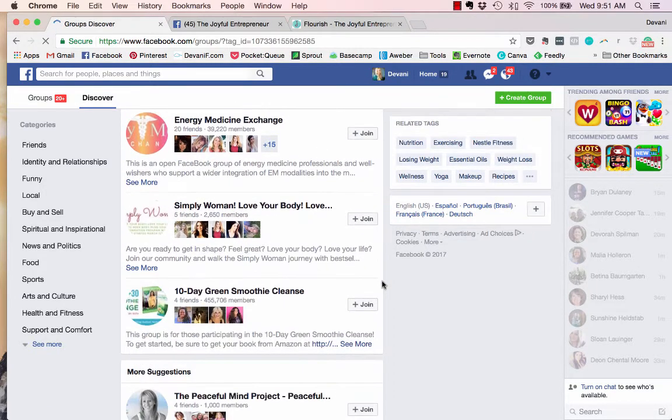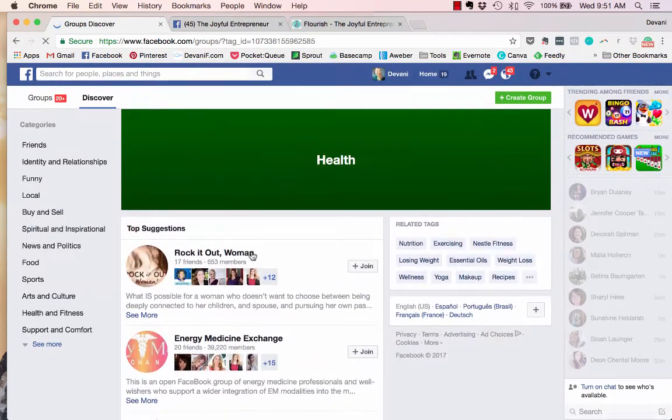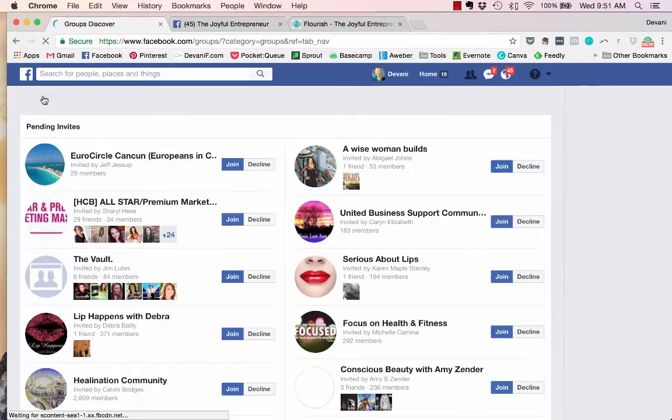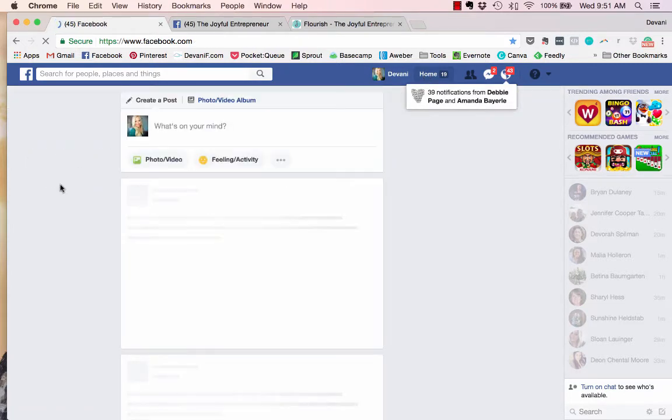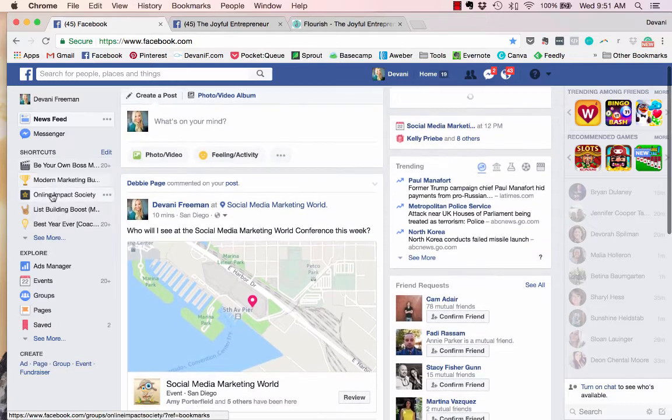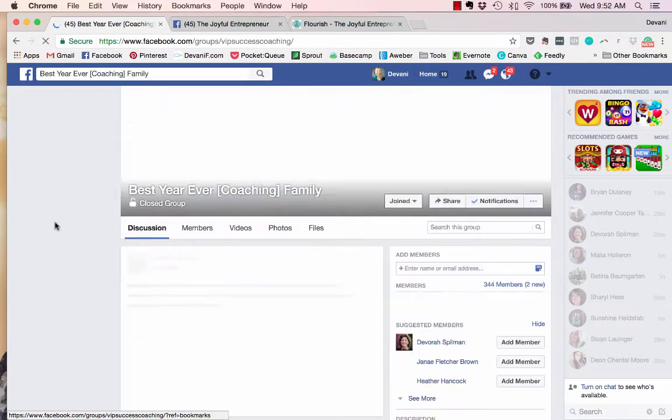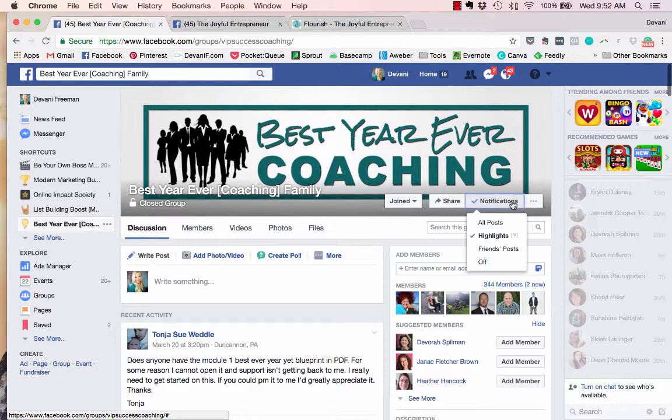That looks really interesting. So you can just join a bunch of these, and then just make sure your settings when you're in groups. If you don't want to be bombarded by notifications by you being part of these groups, you have the ability to turn that off. Okay, so don't think that by joining all these groups, you're going to get bombarded with all these notifications, because you can easily go in here and click on this, and you can just have friends' posts and suggested posts be sent to you. You'd have just friends that post in the Facebook group, or you can turn it off. Or if you want all posts, you could do that.